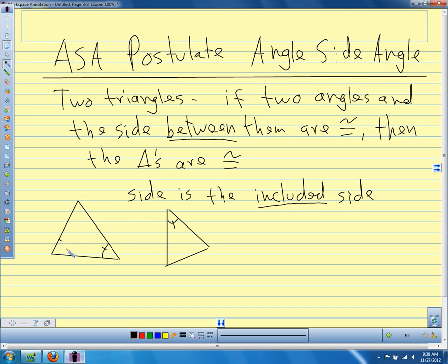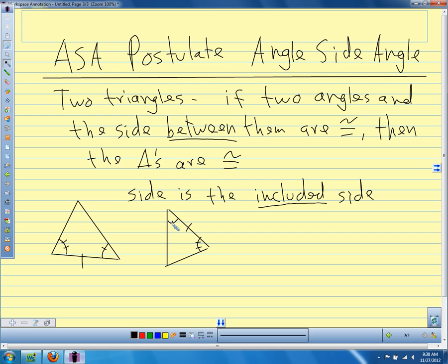So we have two angles like so. My angles would be here. There we go. There would be angle side angle. So we have two angles and the side between them. The side has to be between the two angles. We can't just have the side anywhere. It has to be between the two angles. And if these parts of the triangles match up, if these correspond and they're congruent, then